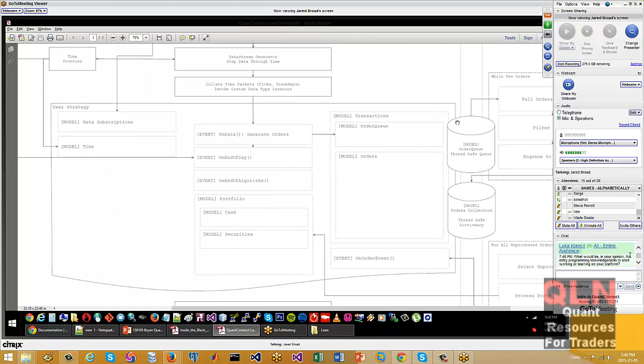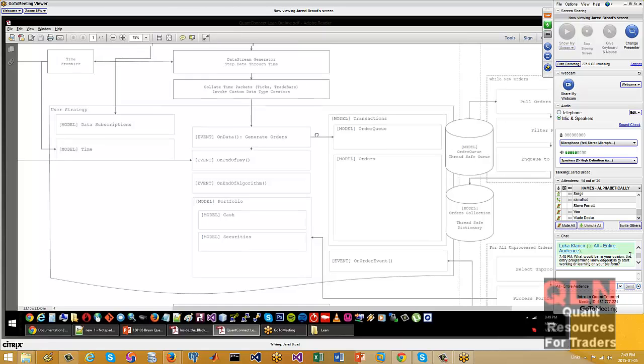The surrounding data system manages all the data synchronization and then pumps it into your algorithm. And this is sort of the block diagram of your algorithm. Inside your algorithm, you have your data subscriptions, what you've subscribed to and what data you want, and then the model time, and then the transaction model, the order queue, which we skimmed over before, and then the sort of events and portfolio management.